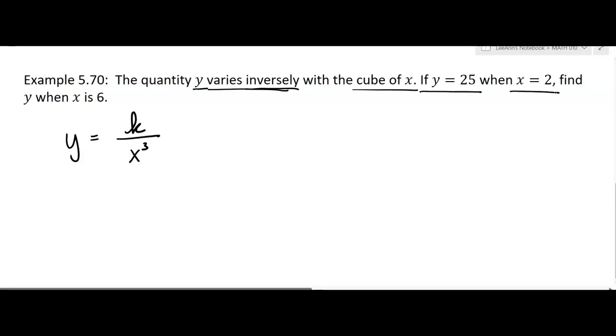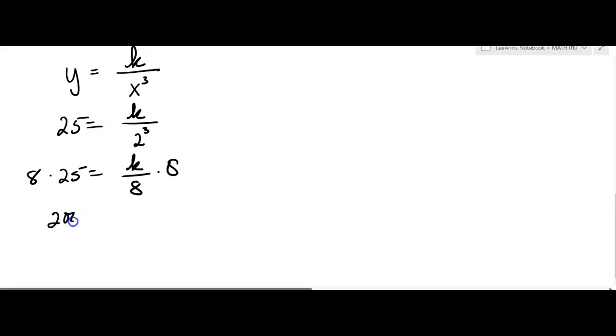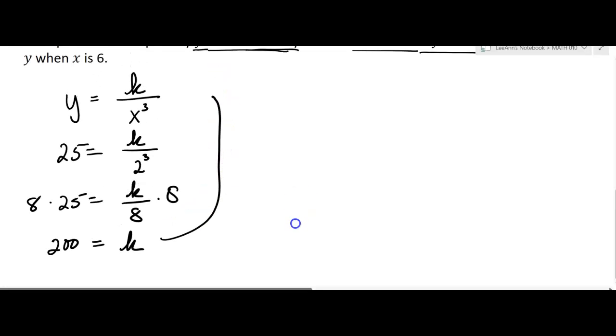So they give us a point in time. We know a y and x, an input and an output. That allows us to find k. So we're going to plug in 25 for y and 2 for x. This allows us to find k. So multiply both sides by 8. And what's 8 times 25? 200. So you get k equals 200. Now you're going to take that k, and there's my formula, or my model. Now I'm going to write the formula